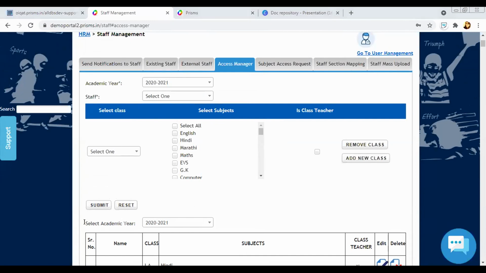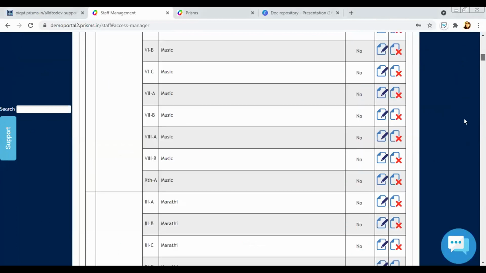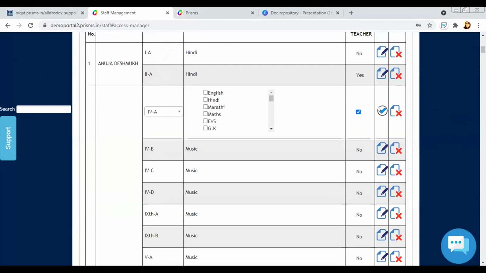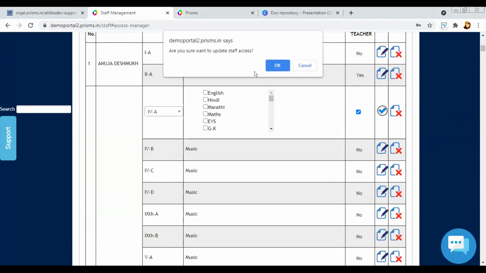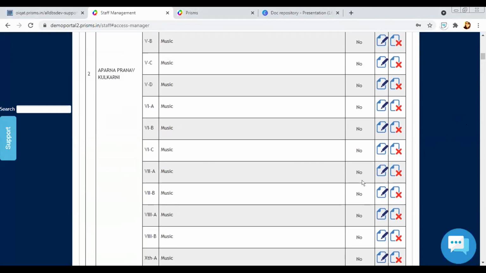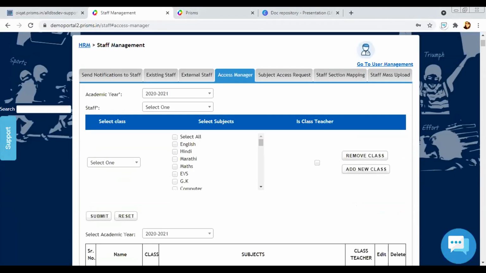One thing I'd like to add here, in transfer settings, automatically we are copying last year's access to the next academic year as it is. So I think for your portals also it would be copied, and you can then just edit if there are any changes from last year to current year. You can just change, edit those access. So it would reduce the work. You don't have to manually go and define all the access. You would just have to change and edit whatever is needed.